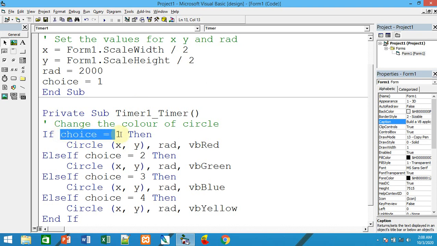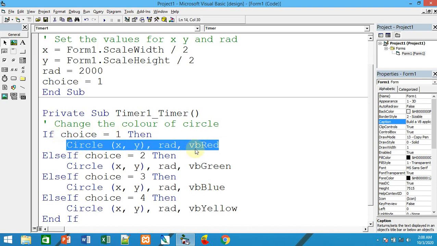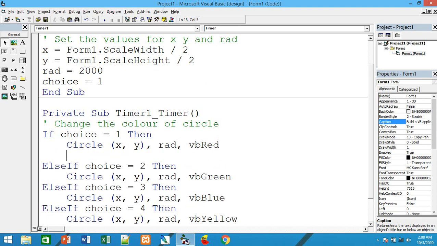So when should it change? When choice is 1, then the circle should be displayed with VB red, of course. Later its value should be incremented by 1, so make choice equal to 2.